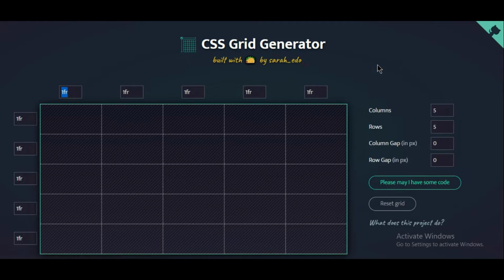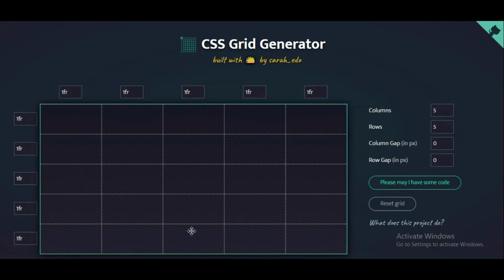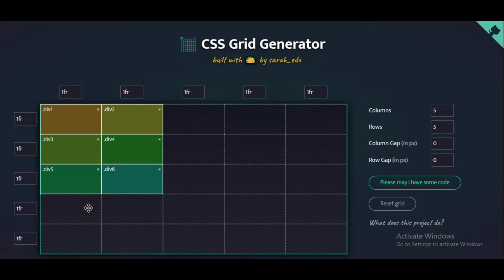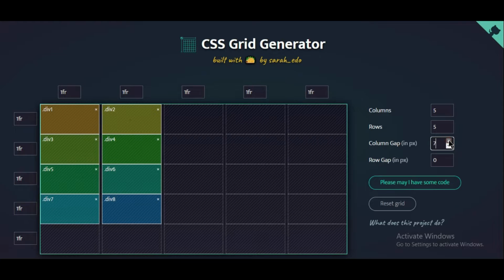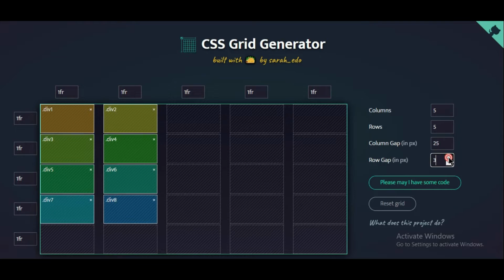As you can see here, a simple CSS grid layout is given, and some properties are given, like column numbers or row numbers, that is, how many rows you want to add, and two more properties are given, like column gap and row gap. You will simply click on this space and create some grid items, and if you want to add some column gap between these grid items, then simply click on column gap, and as you can see here, space is created. And for row gap, you will simply click here and a row gap is also created.